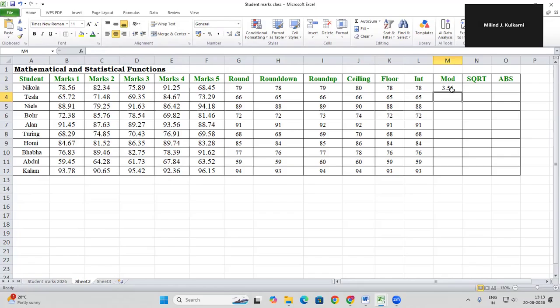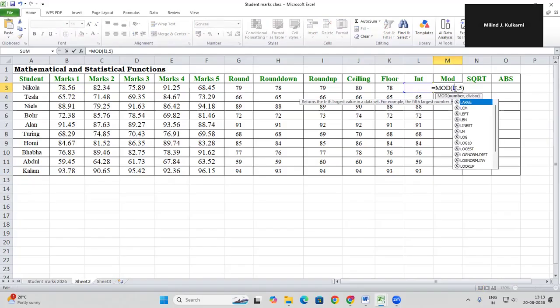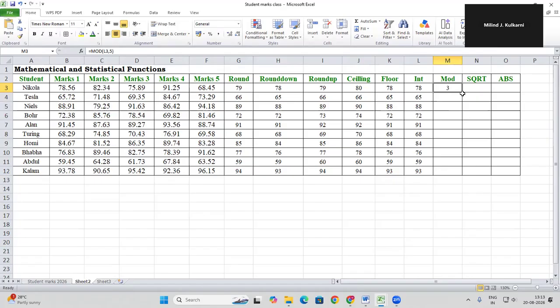Therefore, mod gives only the remainder. Suppose here I will take only the integer part. Therefore, for 78 by 5, see here, I will write 78 by 5 is equal to,